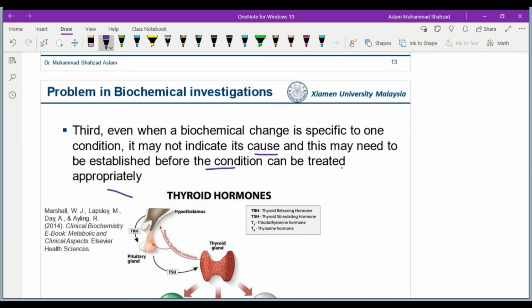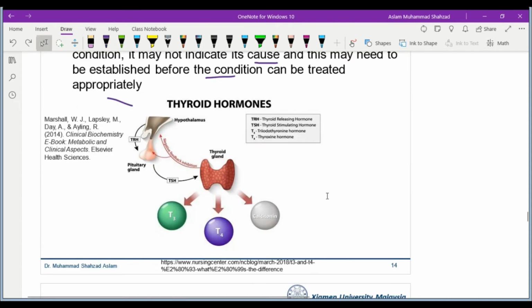And if we don't know the exact etiology, then it is not possible to treat the patient appropriately. Let me give you another example, in the case of hyperthyroidism,